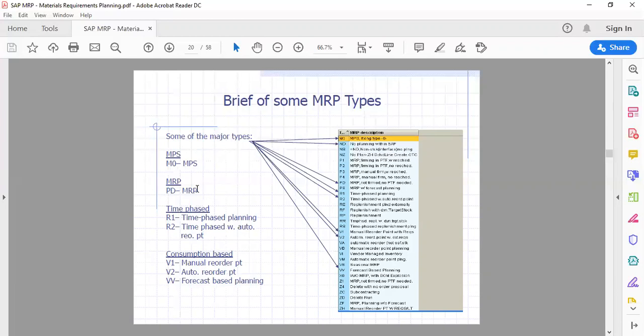What is the abbreviation for that one? PD. PD is the indicator, just a production indicator. We can use PD for production only. If the material is a finished good, then they'll use PD. For spares and raw materials, if they want to maintain them with MRP,